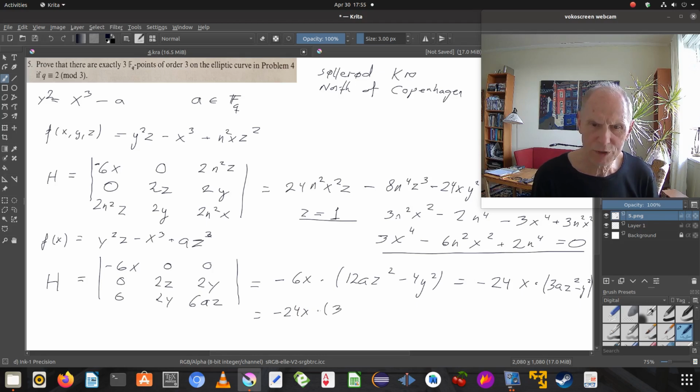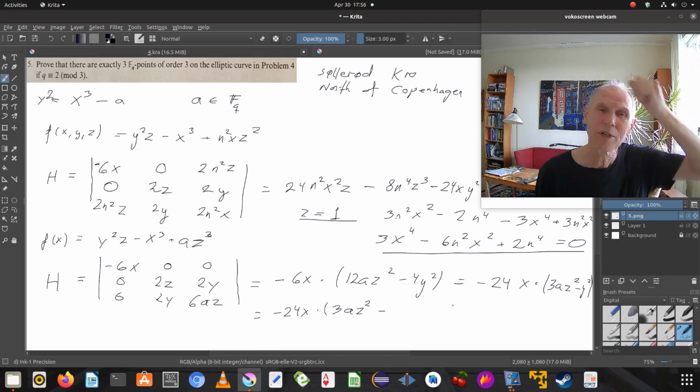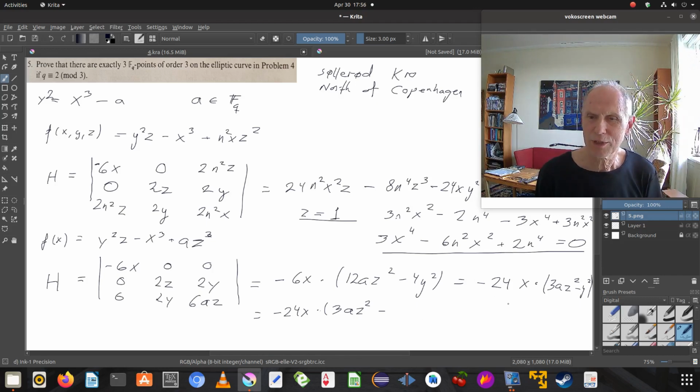That's a times 3az squared, and y squared is x to the third, that's not good. That's not what it is. So we have to take exception for z here to make the reduction. So assuming